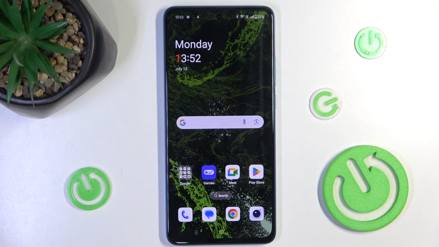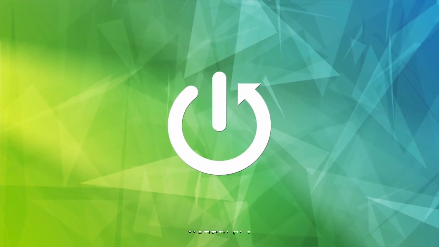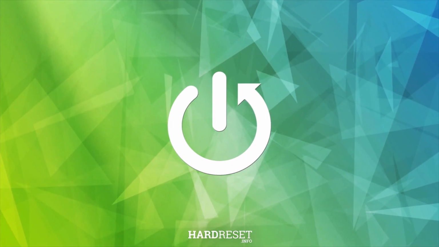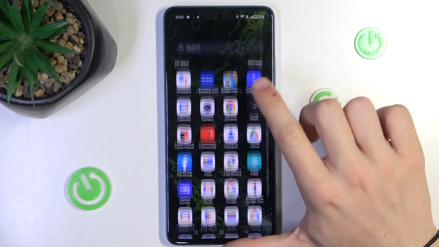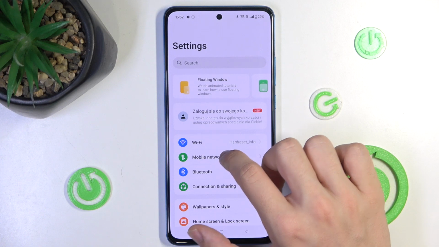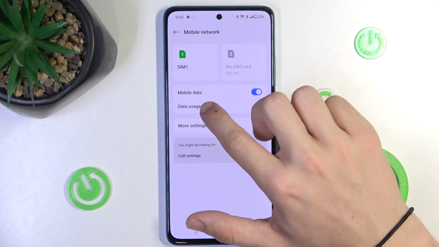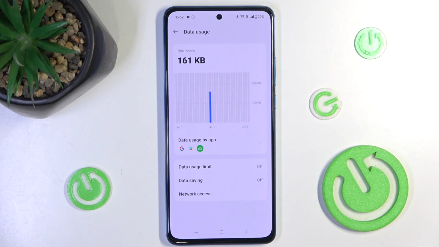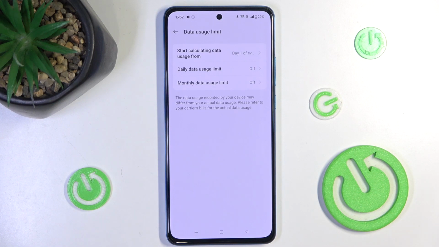Hello, in this video I'm gonna show you how to set mobile data limit on OnePlus Nord CE Lite. First, go to Settings, then click on Mobile Network, Data Usage Limit, and here you can set your data usage limit